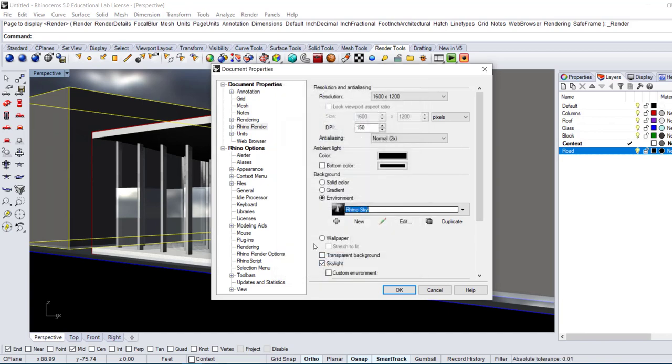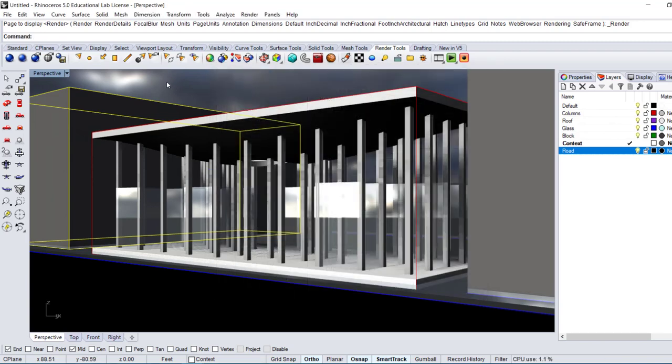The reason you might want to do a sky is if you have glass. When you look at a building and the sky is blue and there's clouds, that is reflected in your glass. This will take up more time, but